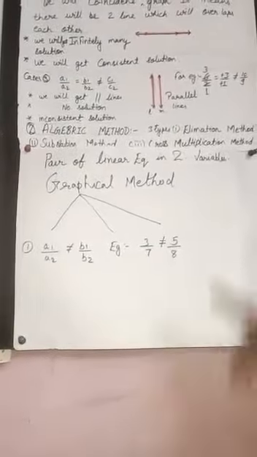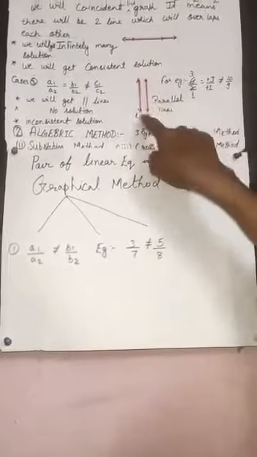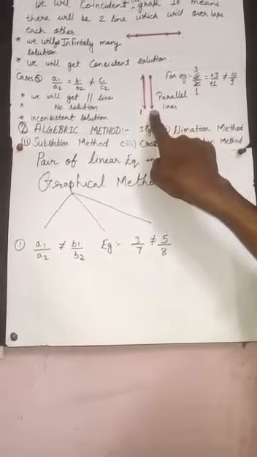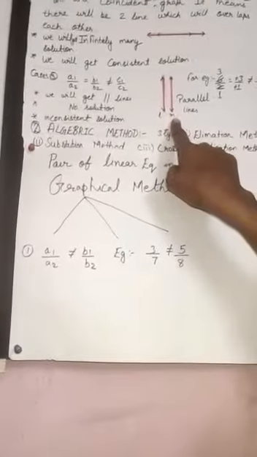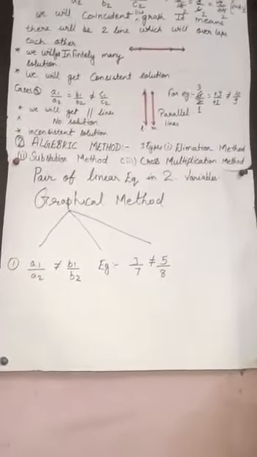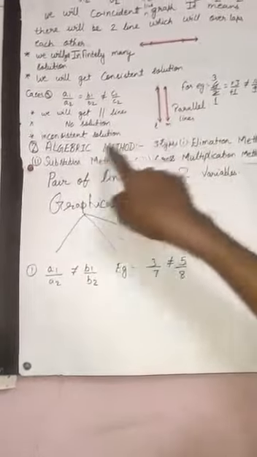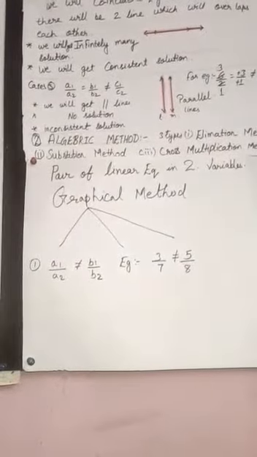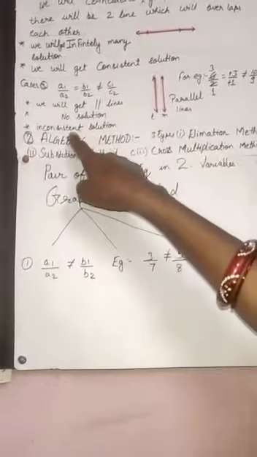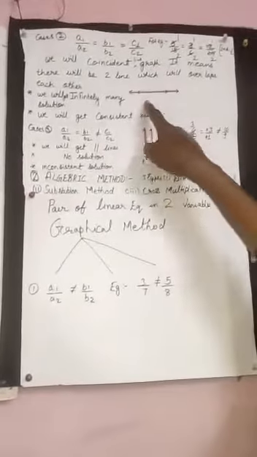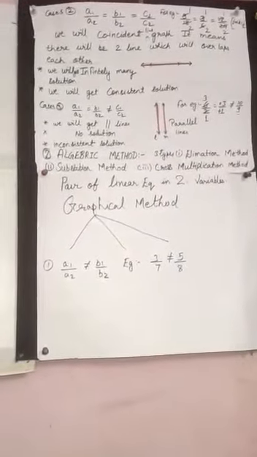In that case, when you plot the graph, you will be getting two parallel lines, and the solution is known as no solution. Here you will be getting no solution. Did you get it? This type of solution is known as inconsistent solution. In parallel lines you are getting inconsistent solution, and in intersecting lines and coincident lines you are getting consistent solution. Is that clear? These are the three cases which you have to keep in your mind in graphical method.